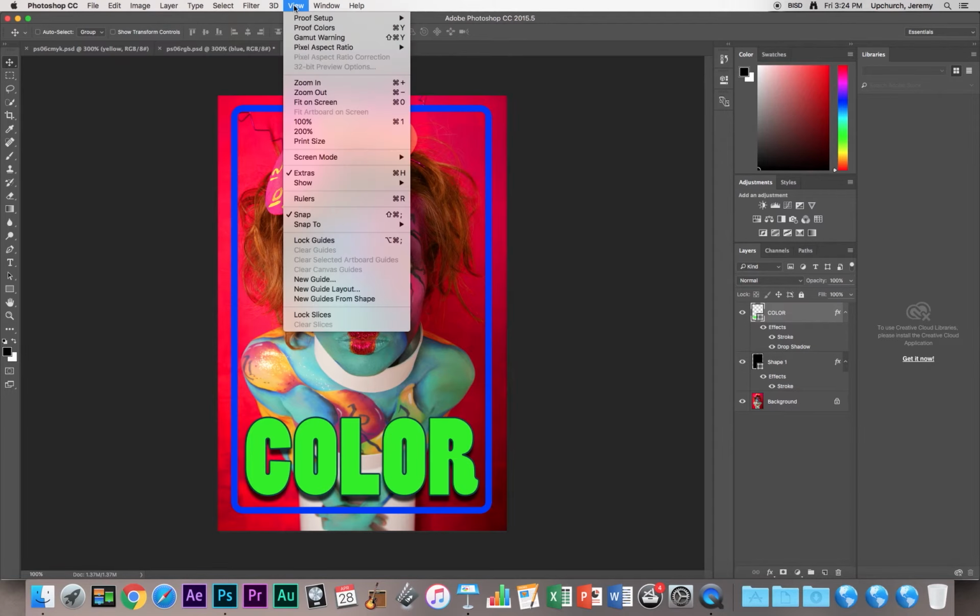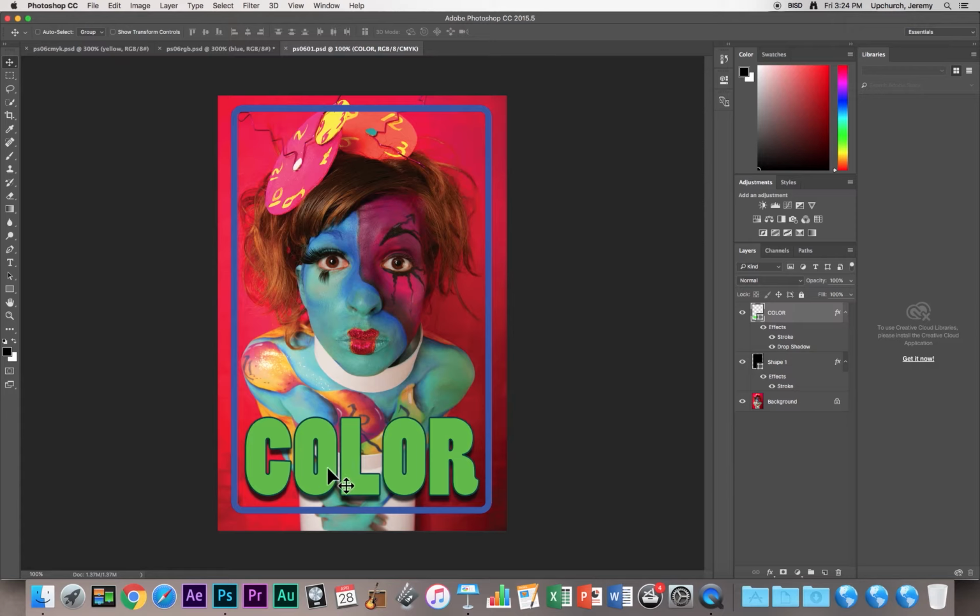So I'm going to switch to proof colors. And as you see now, all of a sudden, those greens are far less vibrant, and so are the blues and so are the reds. So I'm going to toggle these back and forth, and you can just watch and see how they change as I go from CMYK to RGB and back. And because of that, it helps us realize that CMYK is great for printing, but most often we need to be working in RGB because we want our images to look as vibrant and as colorful and as good as